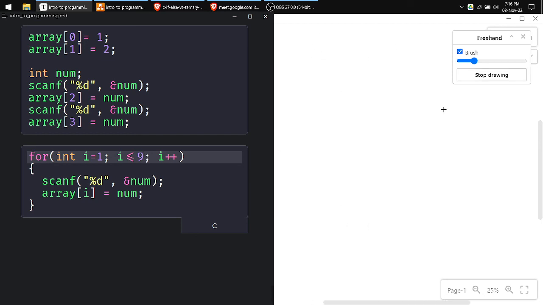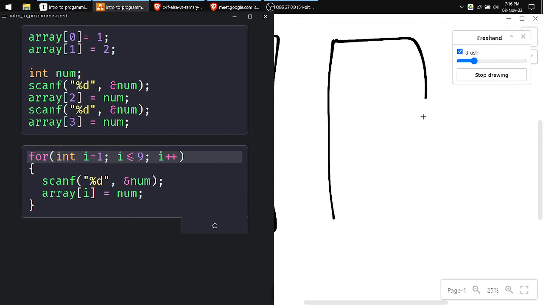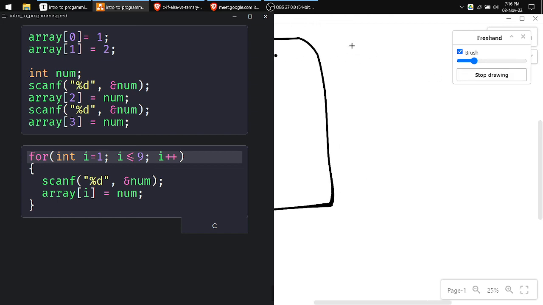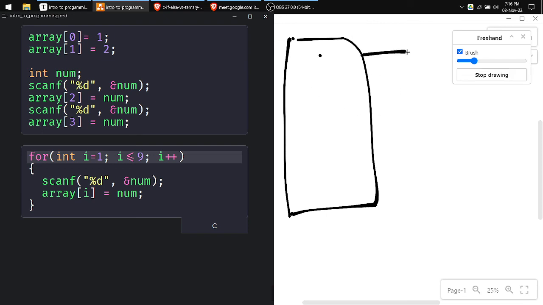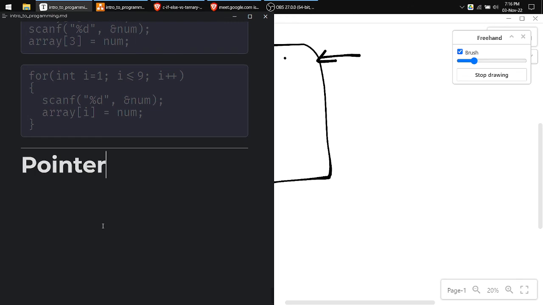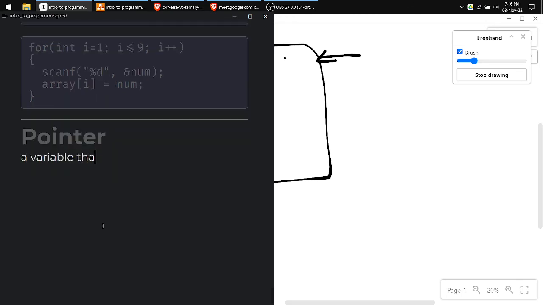Okay, I want you to think carefully. Let's look at it. First, what is the first step of an array? We are going to declare the array. So I declared an array and I called it array. Now remember, the name of an array will be a pointer. Do you know what a pointer is? A pointer is a variable that stores